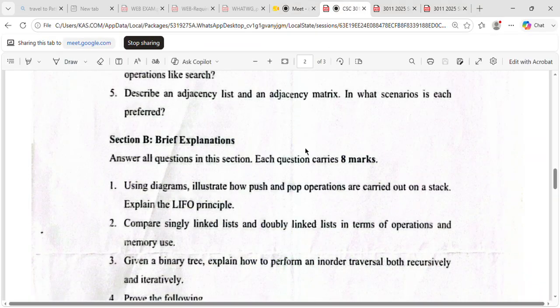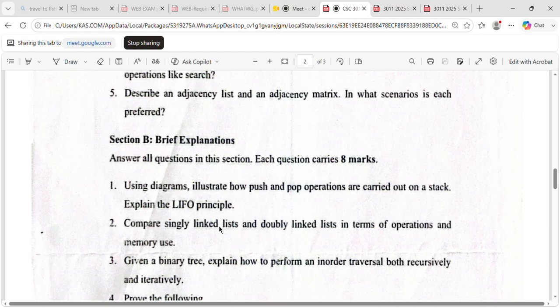Okay, so the other part of the question was compare singly linked list and doubly linked list in terms of operations and memory use. Okay, compare singly linked list, it's basically a list. Okay, and doubly linked list, it's also basically a list,